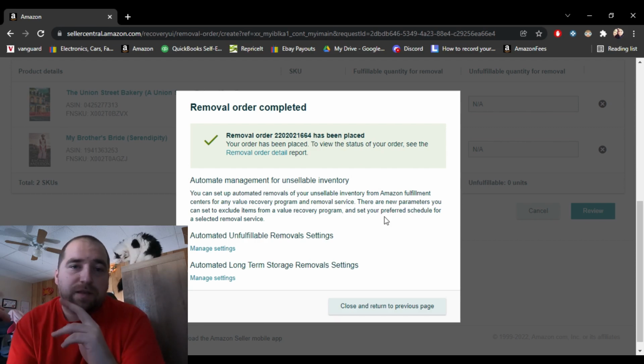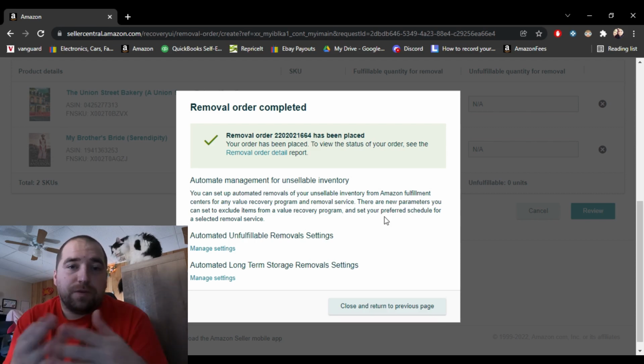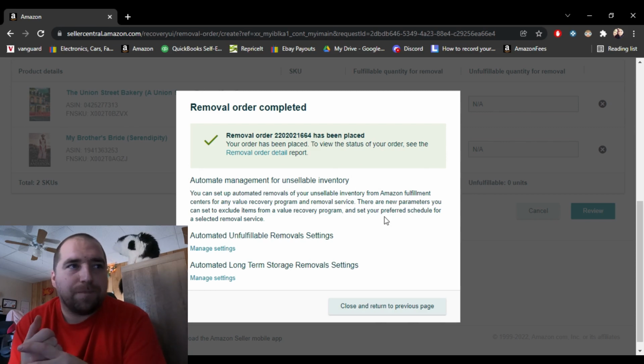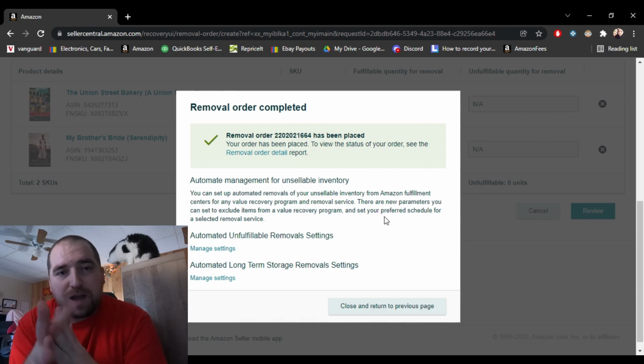It's simple. You can get them liquidated, sent back to you, or even have them destroyed. I would just do liquidation before destroying, because at least you get something for it. And when your inventory maxes out and you have these books sitting here that aren't going to sell, this is going to free up inventory space. So when you hit your restock limits,